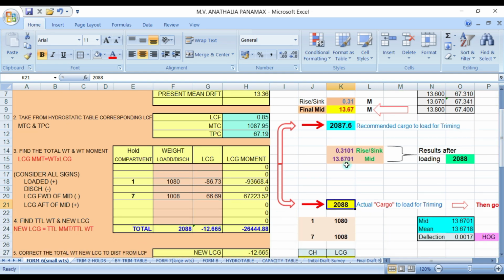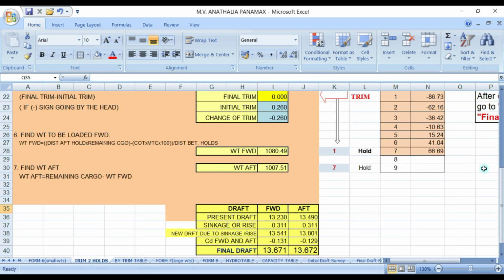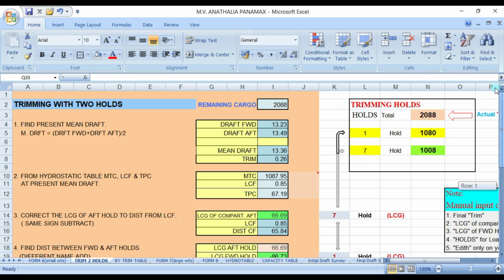you trim your vessel, and you will load, for example, this is what you call the trimming 2 holds, trimming with 2 holds. Then you say you want to load in number 1 and number 7.